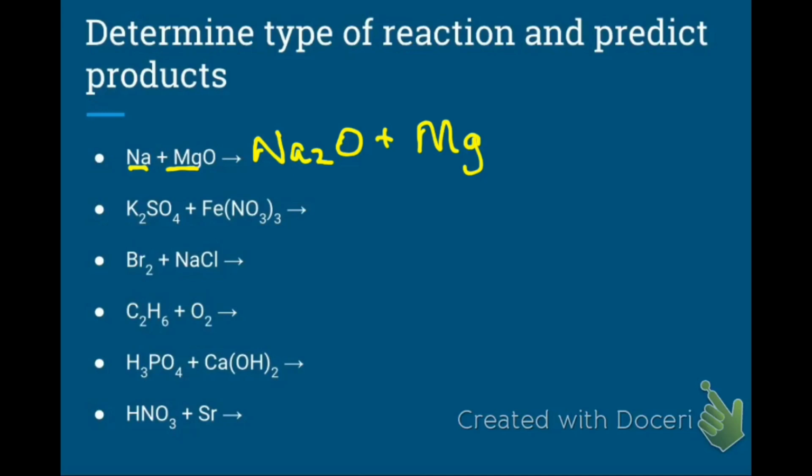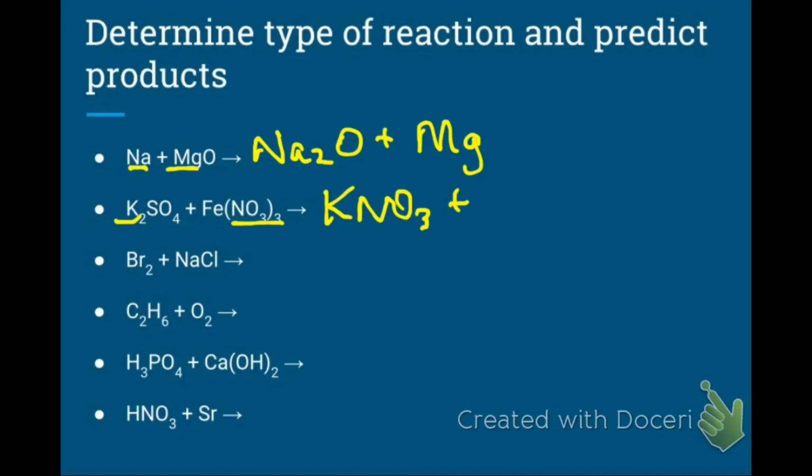All right, our next one, we've got a compound, K2SO4, plus another compound, iron nitrate. So we've got to do a double replacement reaction. So we're going to switch partners. Our K from our first compound is going to go with our NO3 from our second. And remember, those subscripts are all coming from crossing your charges. So we know K comes with a +1. We know NO3 comes with a -1. So our first product is going to be